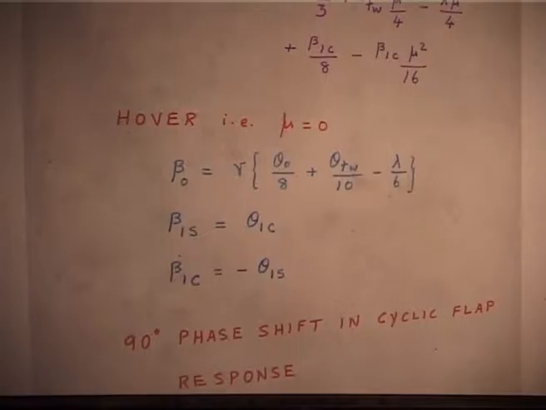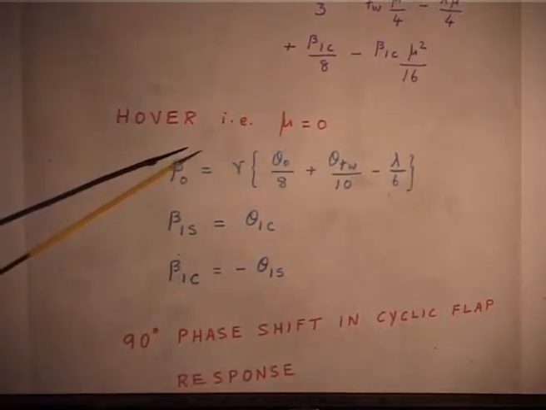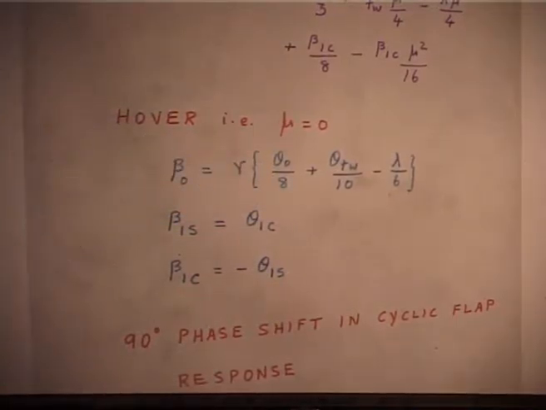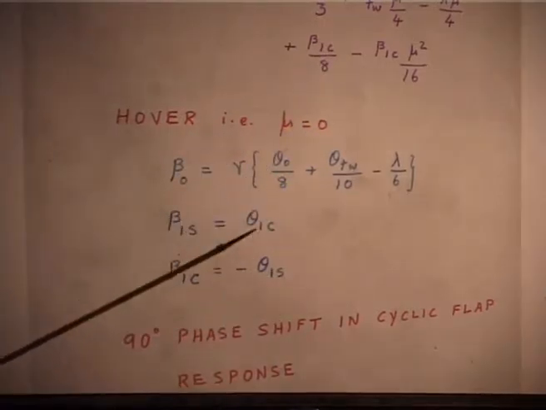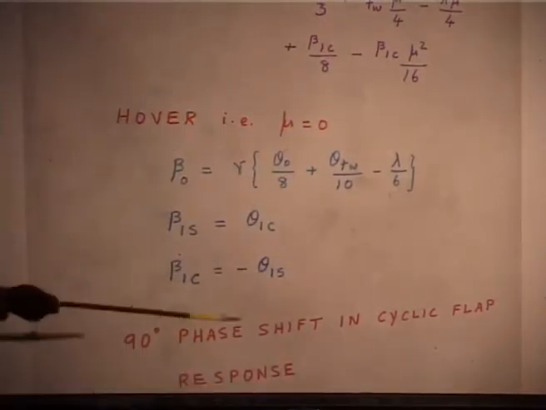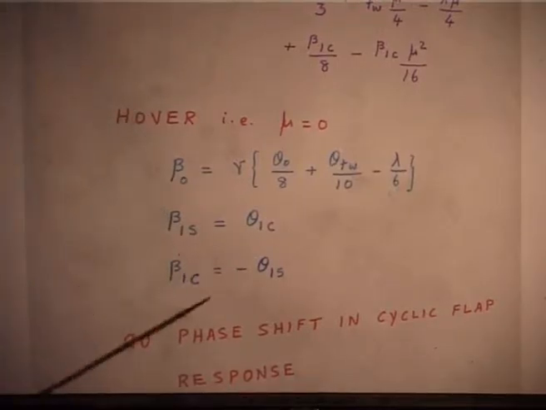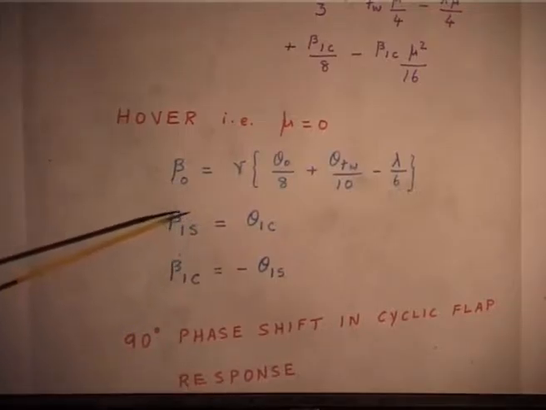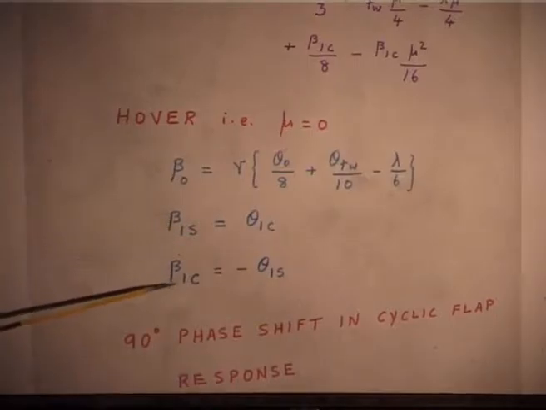So, you know that flap coning beta naught is related to what is the rotor loading. If the rotor is loaded more, your coning will be more. If it is less, it will be less, that is all, okay. And then when you come to the cyclic response, that is one S and one C. This is